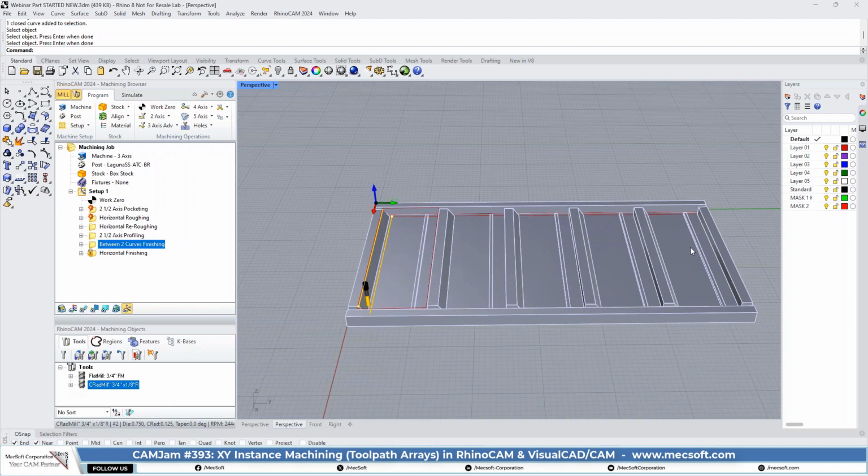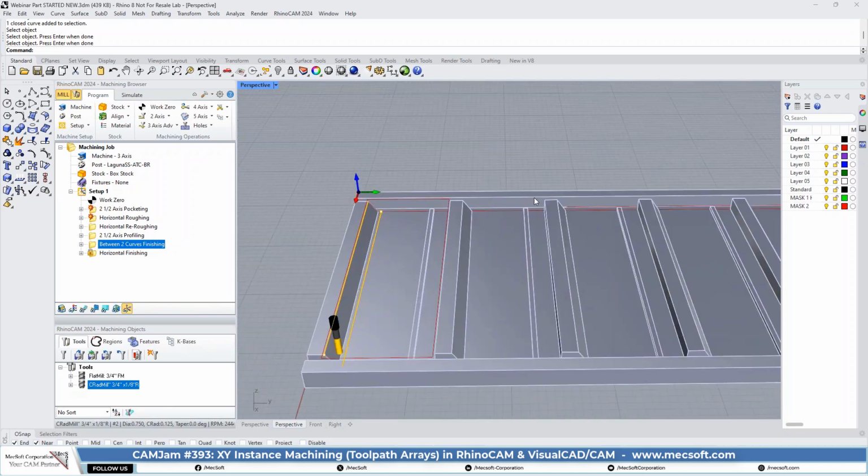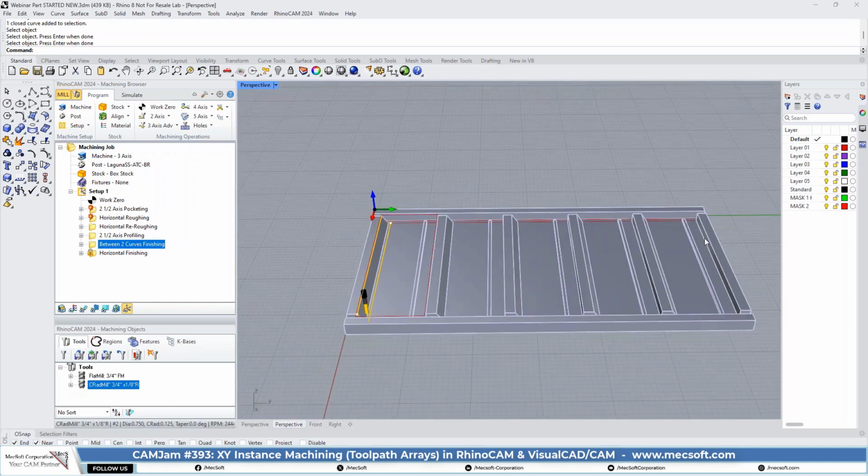At this point, if you're in the standard configuration, you will have to program all of these areas in the same operation. So you're going to have to select your geometry and create your geometry for each area, okay? In the professional configuration, we can use what's called XY instancing, which means basically it's going to create a copy of these toolpaths, and we're going to tell it where to put them. So let's go ahead in the miscellaneous operations menu. We're going to pick XY instance,